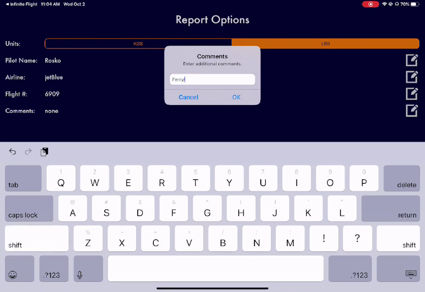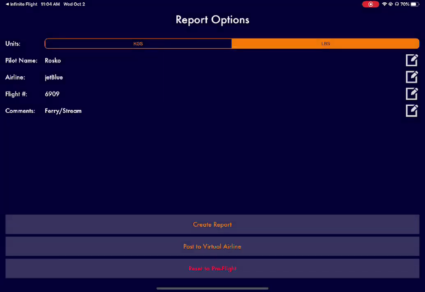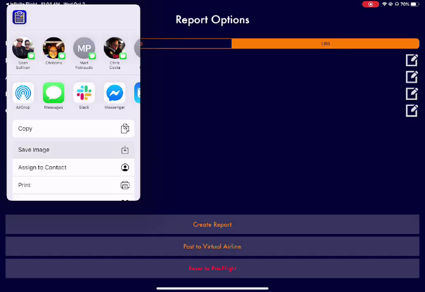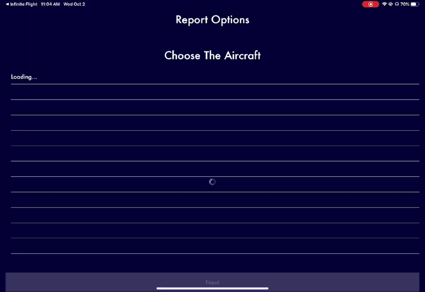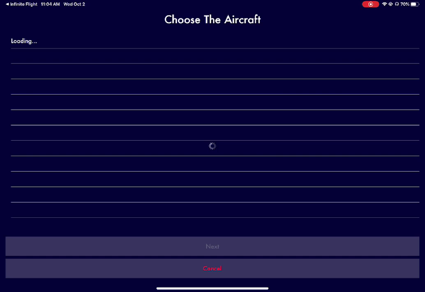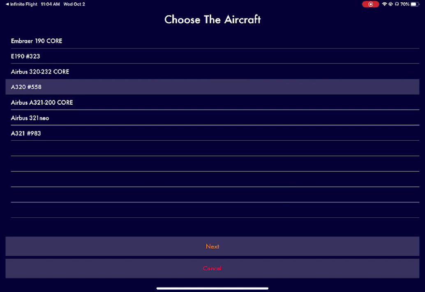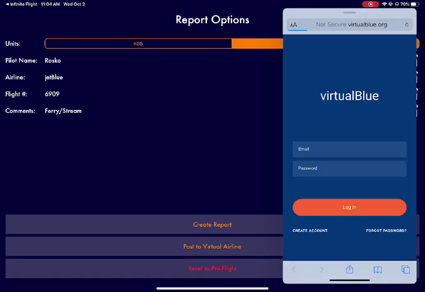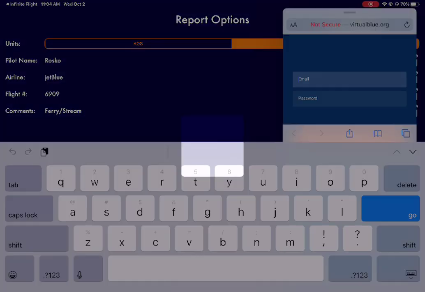6909. Ferry / stream. So I'm going to create a visual report, save it to an image, and then I'm also going to post a virtual airline and show you the ACARS real quick. So we use number 558. If I hit next, my PIREP's on virtualblue.org. And if I log in,